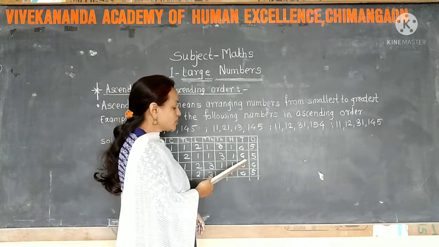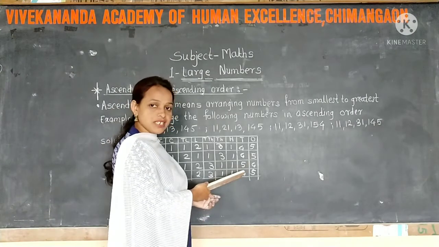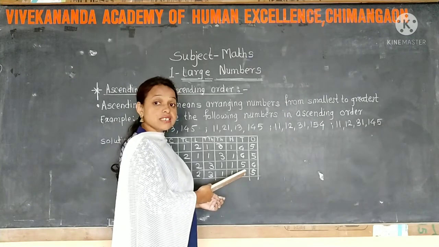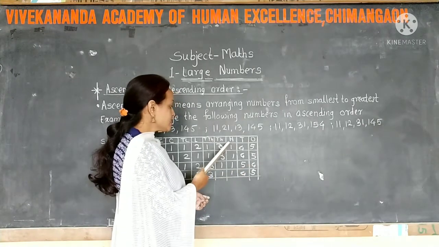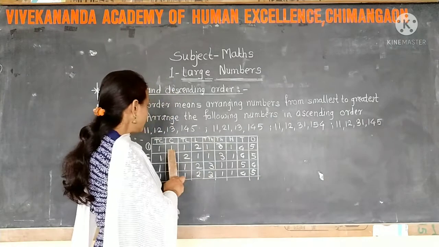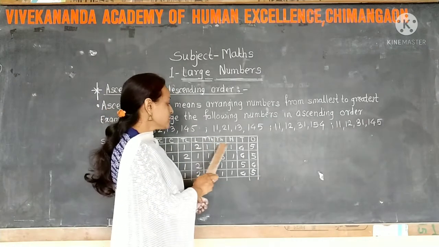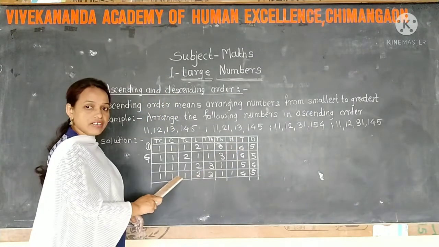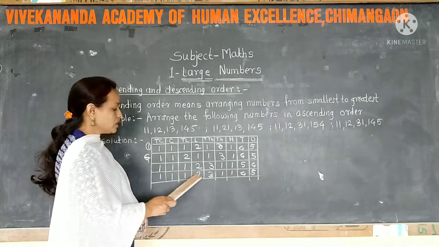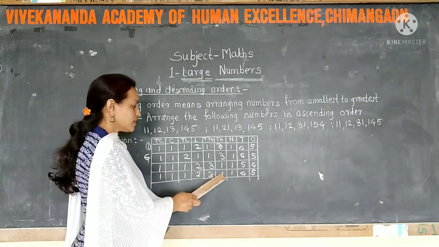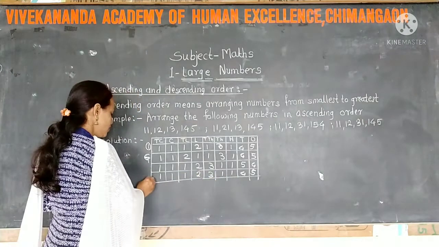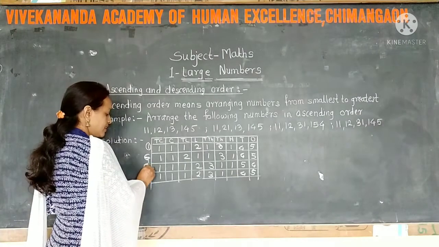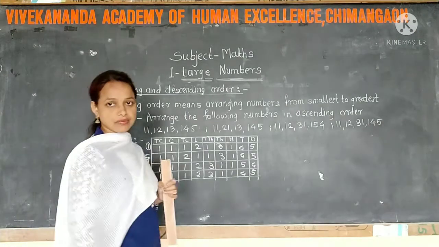10 digit of third number is 5 and fourth number is 4. So 5 is greater than 4. So second smallest number is 11 crore 12 lakh 13,145 and greater than this is that fourth number, 11 crore 12 lakh 31,145. This is second. So this is third and greatest number is second.